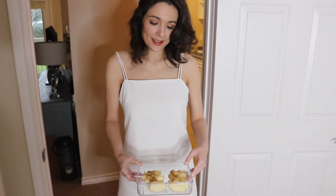And when you take off your, for instance, if you're going to take an apple, you just take from the bottom, and then you don't have to take the lid off because there's only one lid for all of the containers. So the other one acts as a lid for the previous one. So I really like this for meal prep. If you're gonna cut veggies down, or if you're gonna cut down, like I said, fruit and put peanut butter on top of it, or you're gonna prepare your sandwiches or your salads ahead of time, I really like these